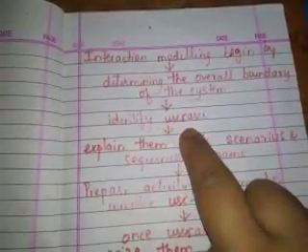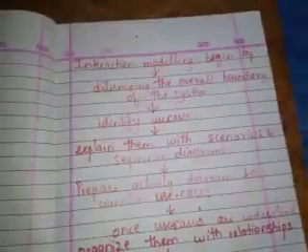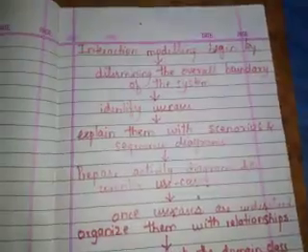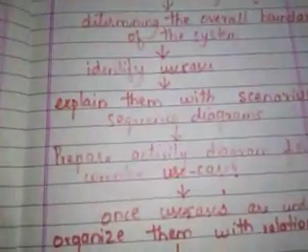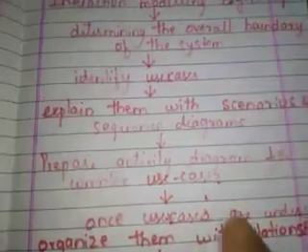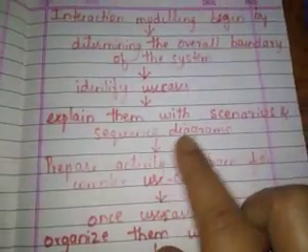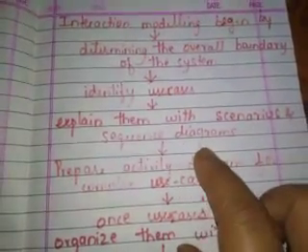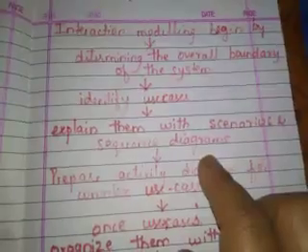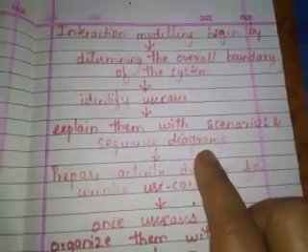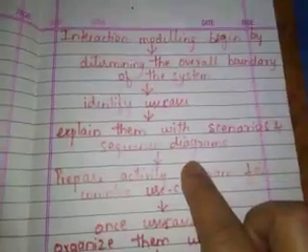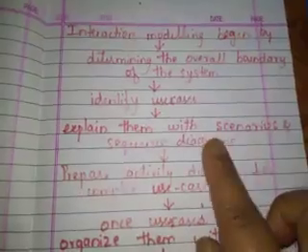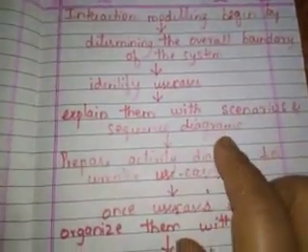For that, we are finding out the use cases, which will mainly concentrate on the functionalities provided by the system. Next, each of the use cases is explained with a sequence diagram or scenarios. Example, when I say buy the beverage, I can explain it with a scenario or sequence of actions: you should insert the coin first, select the item, take out the change, then take the item. So like that, for each use case, we will explain the scenario or the sequence diagram.